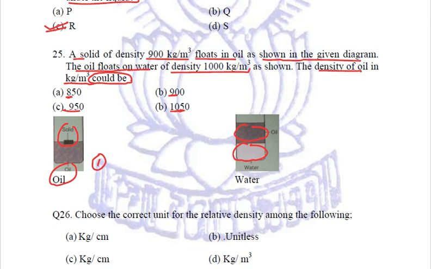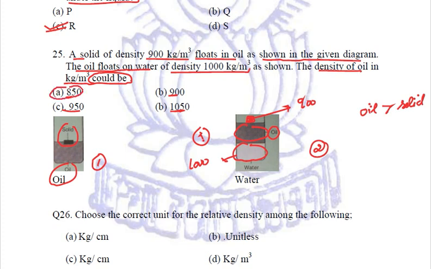Now this is a very nice good question. Just a simple concept. Just try to relate the figure number 2. We have water whose density is 1000. Then we have oil whose density we don't know. And then we have the solid which is floating on the surface of oil having density 900. Right? Now, if this is floating over oil, that means the density of oil is greater than that of the density of solid. That is why this solid is getting afloat.